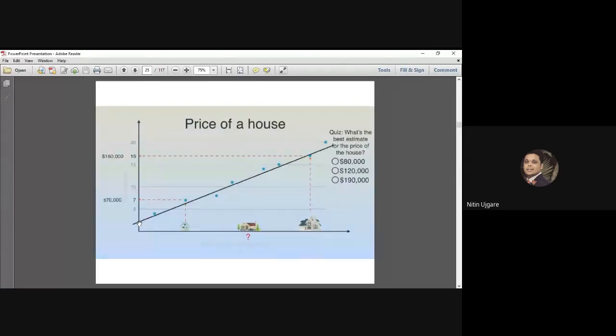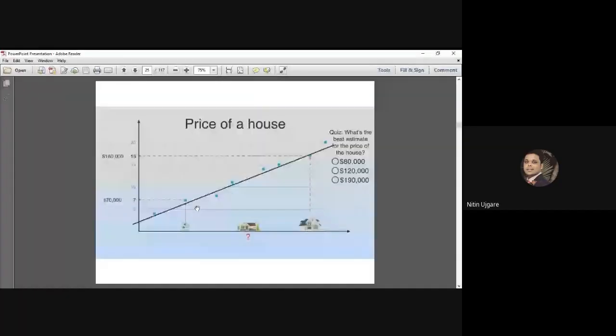Because we want to fit this line to all these examples, to all these blue circles. These blue circles are basically our data sets. So a lot of synonyms are there for samples, examples, data set, instances, data example, and so on. Okay, we present the cost of the medium size house with the dotted line. So just plot it, and we got the answer, that $1,20,000 is the right answer.